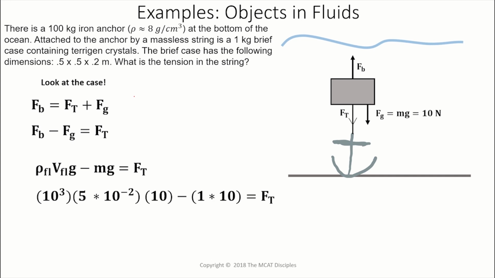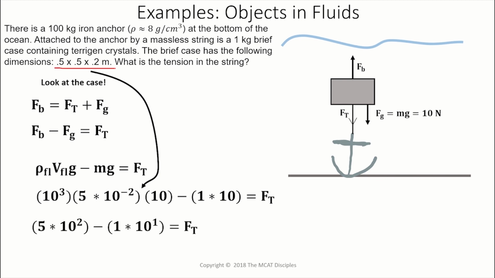And once we do that, we just start simplifying. Notice I got that volume via the dimensions of the briefcase, just multiplying those three up to get the meters cubed. So finally, we just have to make this a smaller number, that 1, make this 0.1, and make this 10 to the 2 so that we can subtract appropriately. We get 4.9 from that mathematics there, and multiply that by 10 to the 2, you get 490 newtons. So that is the tension force, and voila, there is your answer.